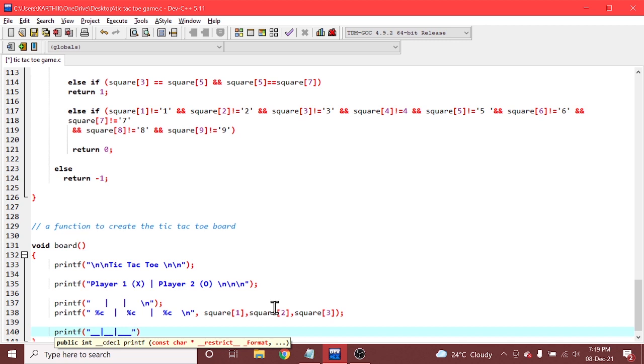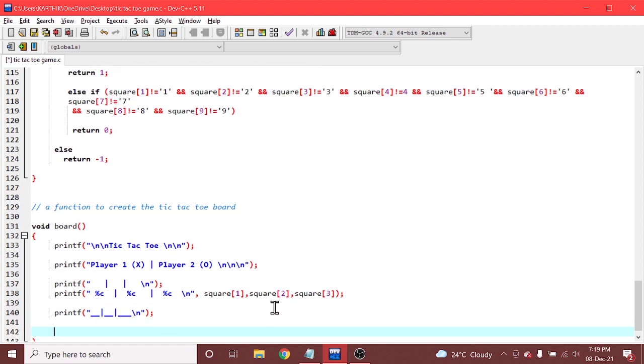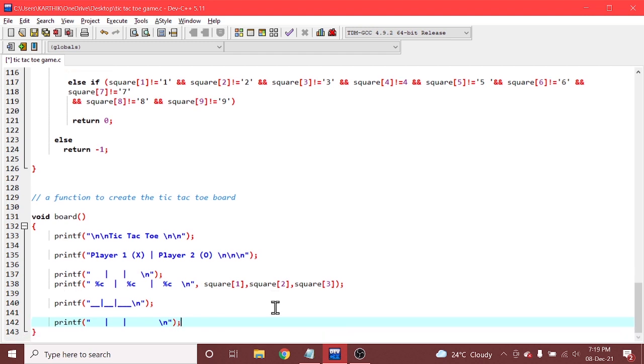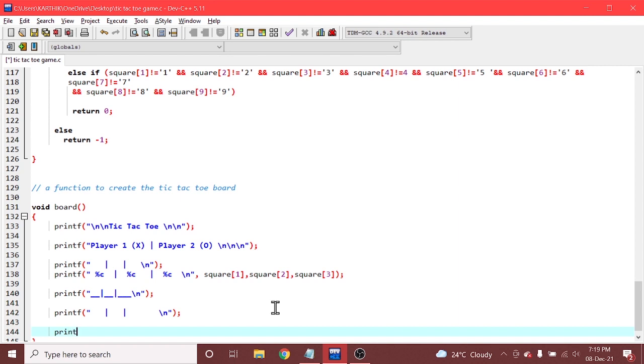Let us make it something like \n, and again we are printing the tab space part, tab space, tab space, one more tab space shall I give? Yes, \n. And after this you need to have 3 more squares, so let me take the same one.